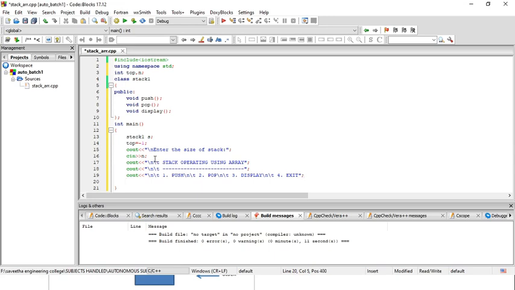Alright, we are done with all this displaying. So first, as per the size of the stack, this will be displayed on your screen, all these cout statements. Now we need to explain more about this push, pop and display.